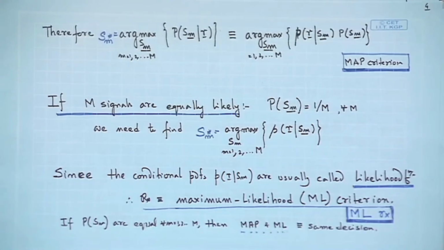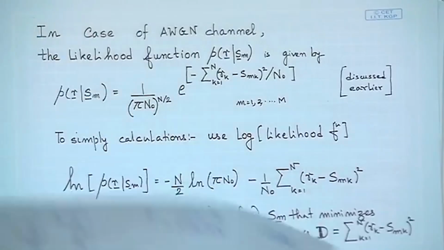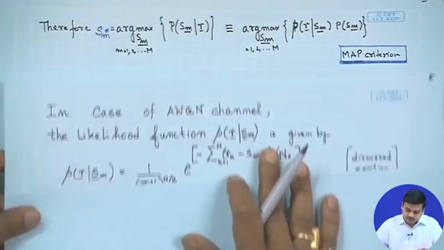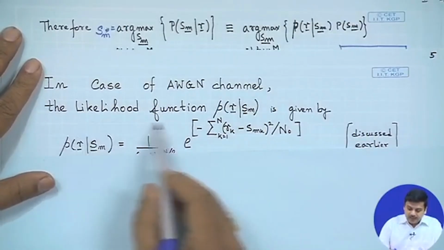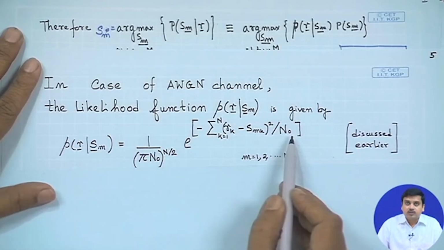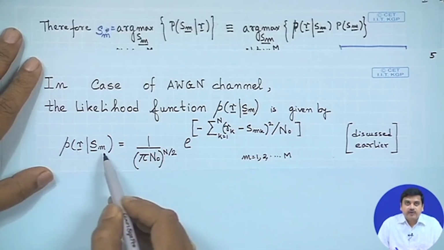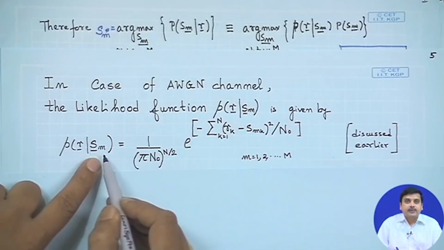So, with this we proceed with our discussion about the ML receiver. We have been discussing the AWGN channel, so let us continue with this. In case of AWGN channel, we have P of R given Sm. The likelihood function P of R given Sm is given by this expression which you have seen before. The slight change that you might see is we are using P of vector R given vector Sm. Now, this consists of P of R k given Sm k, that is what we had seen before,